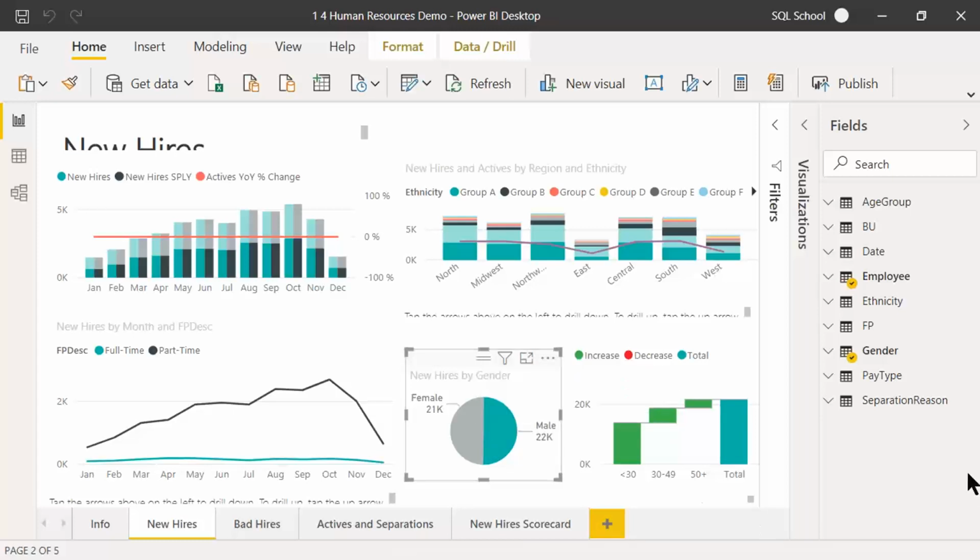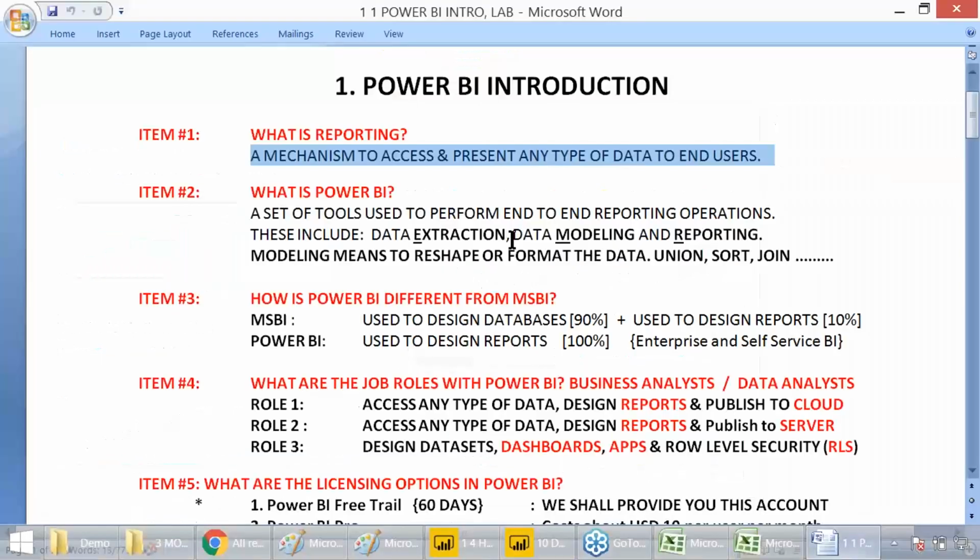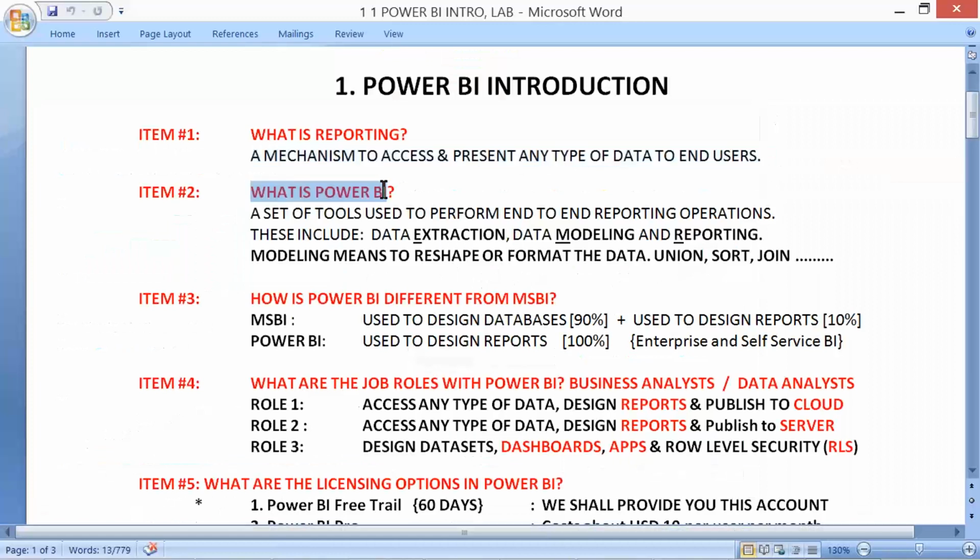Next, there are different types of reports that we need to understand today. Before that, what is Power BI? A set of tools to perform the end-to-end reporting activities. This includes data extraction. We can read, extract any type of data.